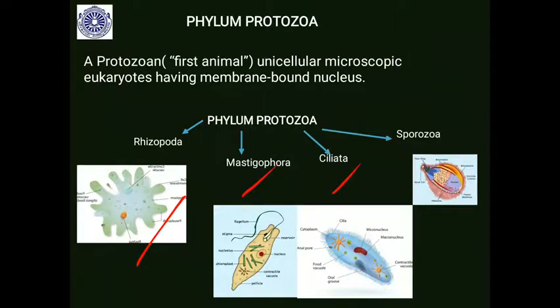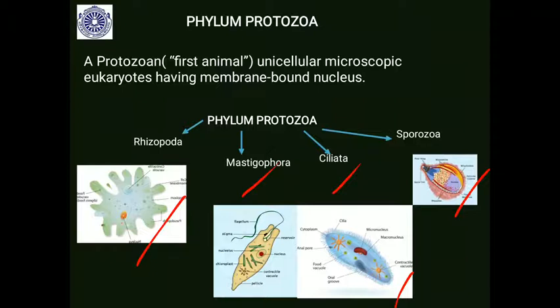Then class Ciliata, where you will see the cilia, small cytoplasmic process. You will find the tufts of cilia used as a locomotory structure. So you will find the example you have studied in your lower classes, paramecium. Then the class Sporozoa, you have studied plasmodium. It is a parasite and it belongs to the class Sporozoa. There are 4000 and odd parasitic species you will find in the class Sporozoa.